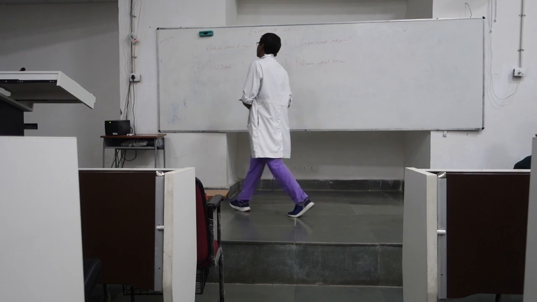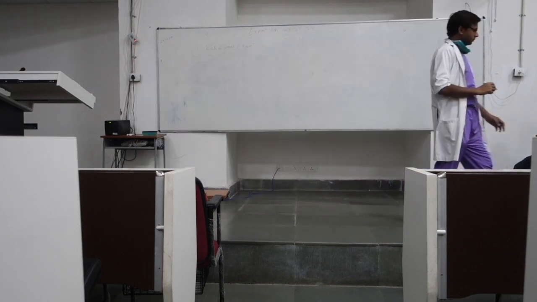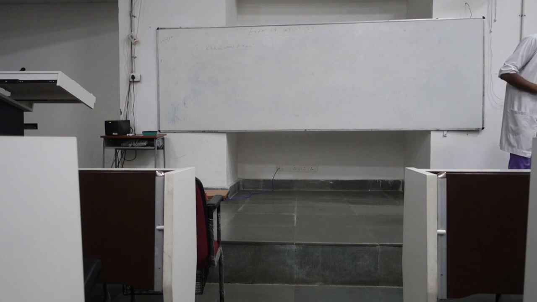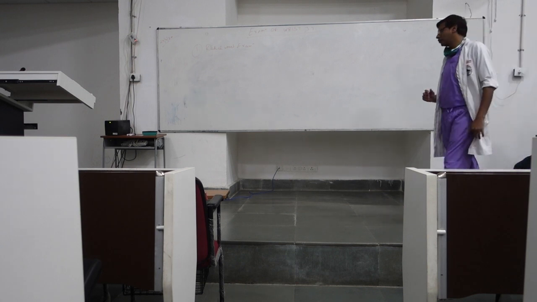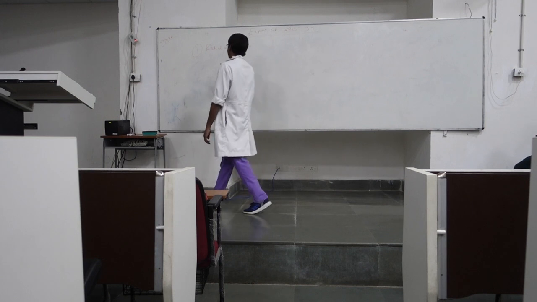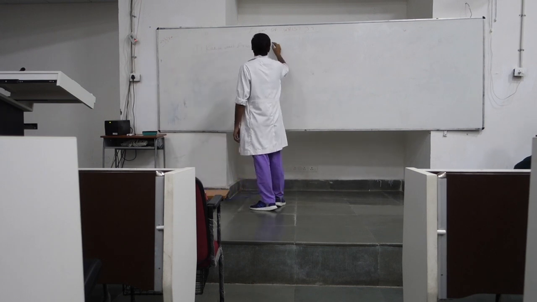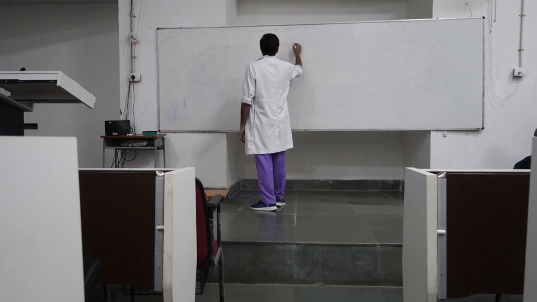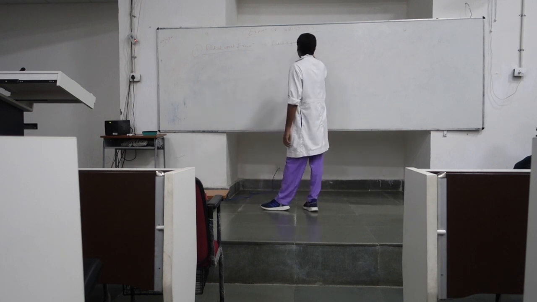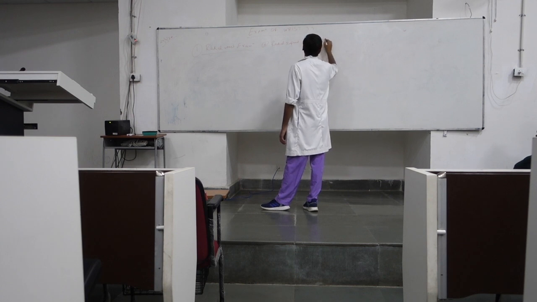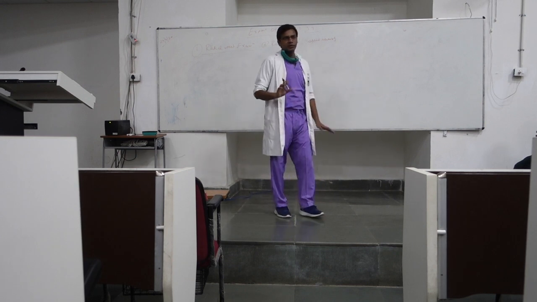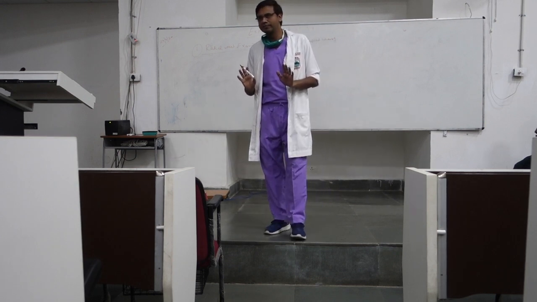Now we will come to each one by one. So what are the things you will examine on the radial side of the wrist? So number one thing you will examine is the radial scaphoid, or more specifically scaphoid tuberosity. All of you can appreciate where is scaphoid tuberosity. I will tell you.